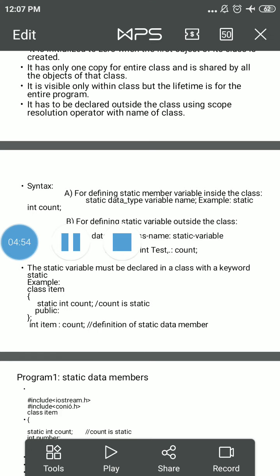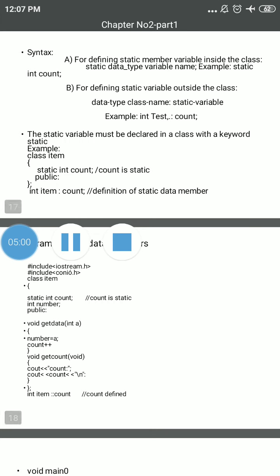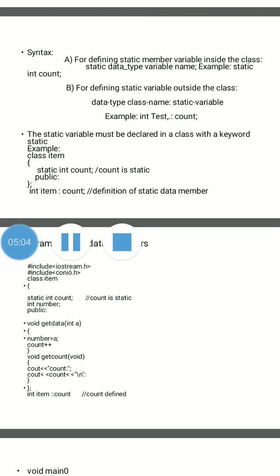Static variable must be declared in a class with keyword static. Just take one example. Here class name is item, then declare static variable using static keyword, that is static integer count. After that, compulsorily define outside the class using data type.